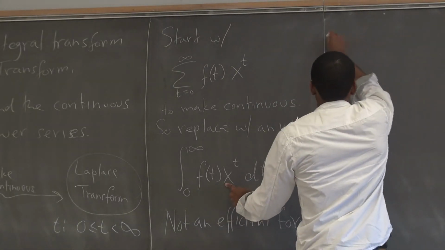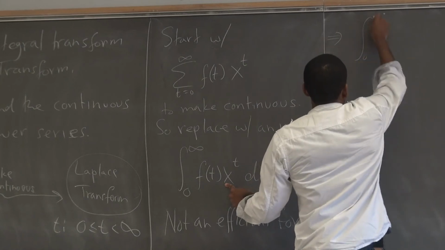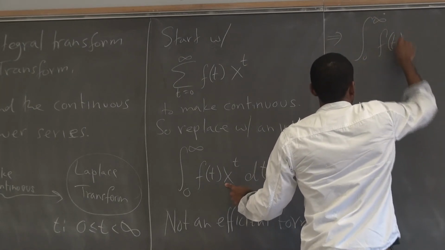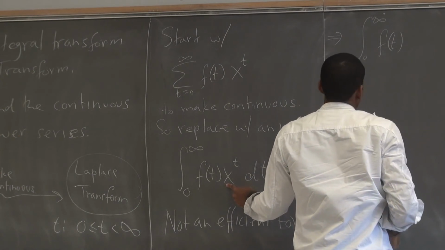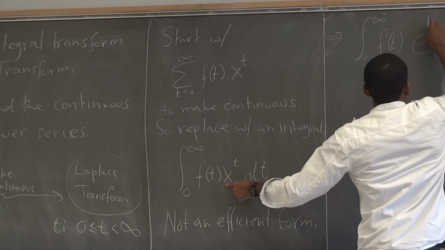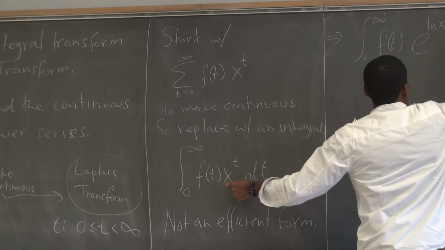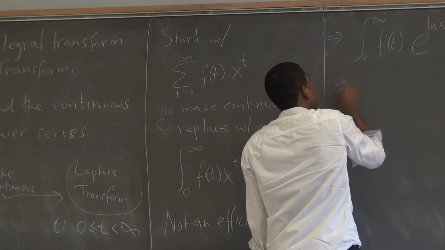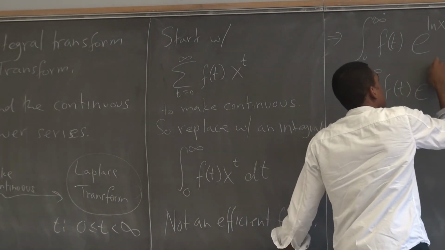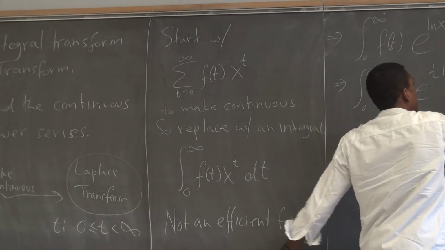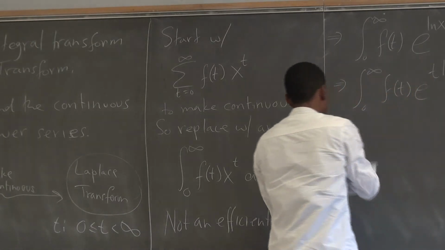So that's the next thing they do. So then they're like, okay, take this. How do I write this where it looks something like e to the x? e to the ln, right? e to the ln of that thing. So this gives us the integral from 0 to infinity of f of t, e to the t ln x dt. Now,